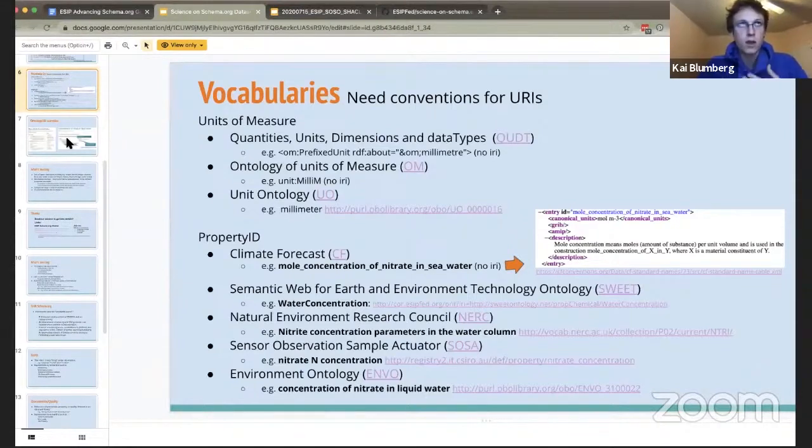There are a great number of different vocabularies, a few of which I've highlighted. For example, the CF vocabulary, which is used in NetCDF, and there are many others as well. SWEET is particularly of interest to the ESIP community. The NERC vocabulary is very good for the marine sciences. SOSA has also been widely used, as well as the environment ontology.